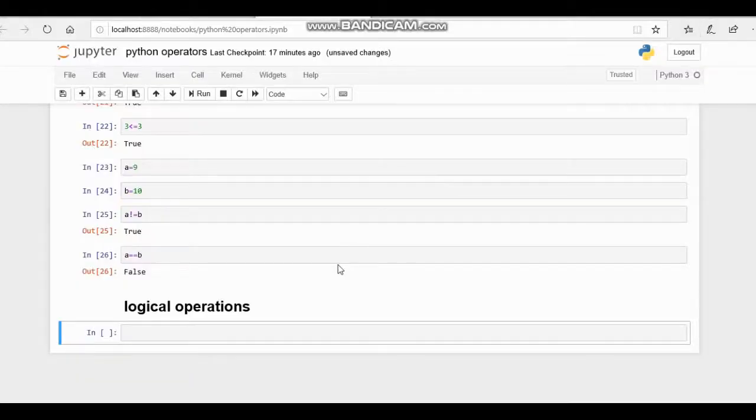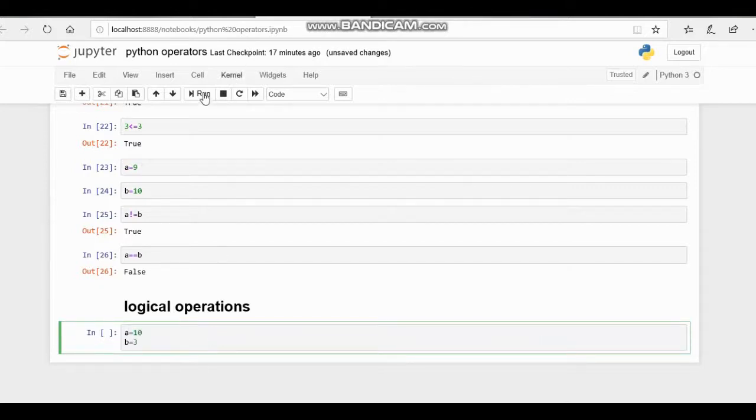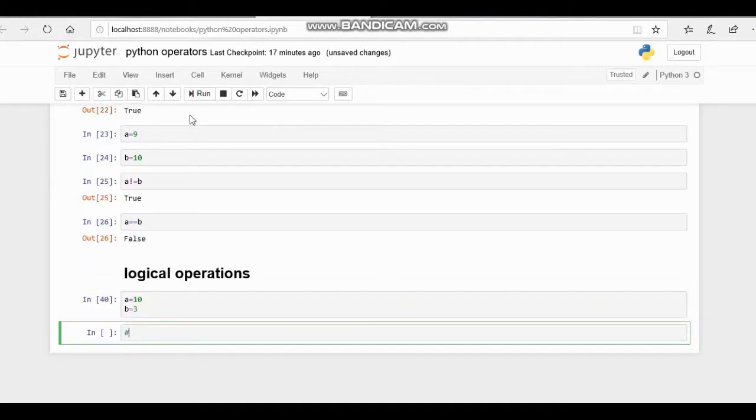Now let's do some hands-on related to logical operation. This operation is used to combine two or more conditional statements. So let me give an example by assigning value A equal to 10 and B equal to 3. Let me first take an AND operation. The AND operation will return true only if both the inputs are true.